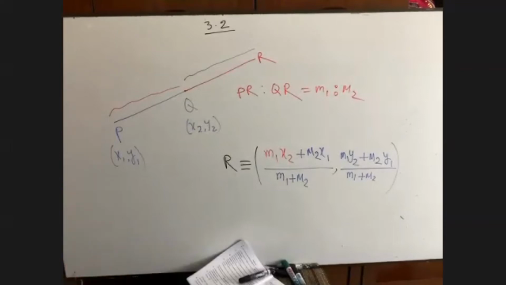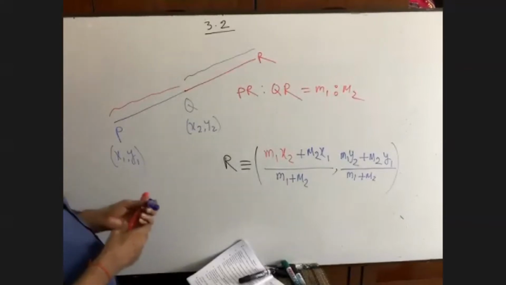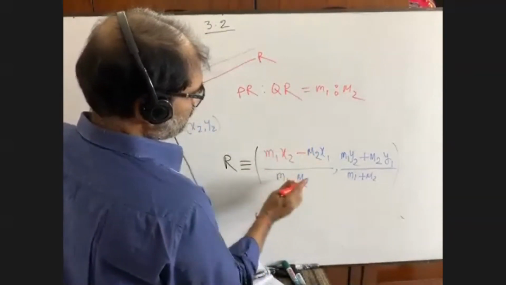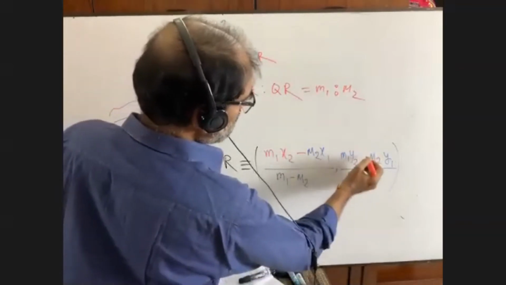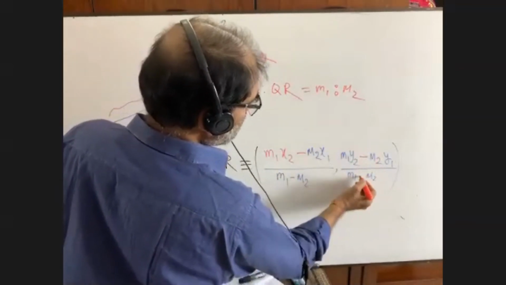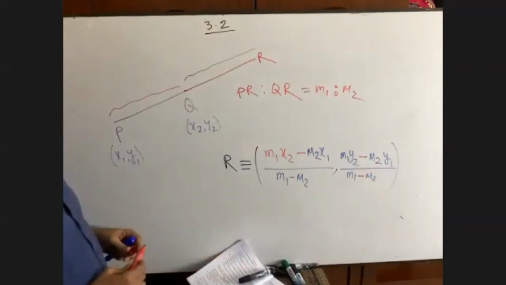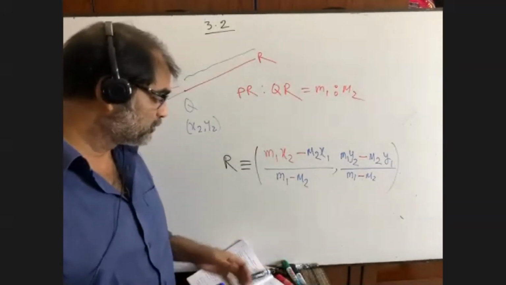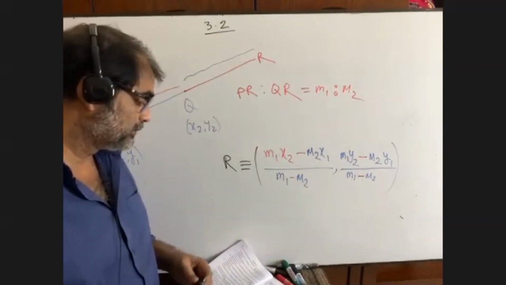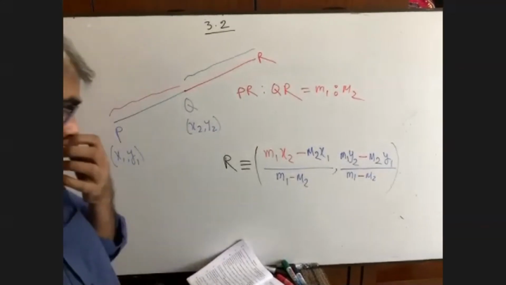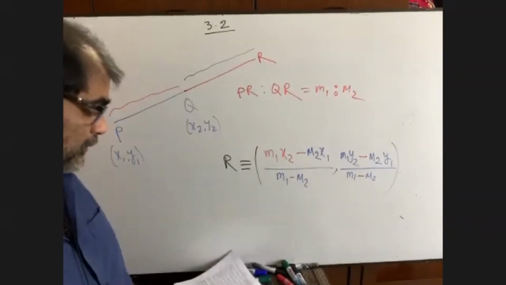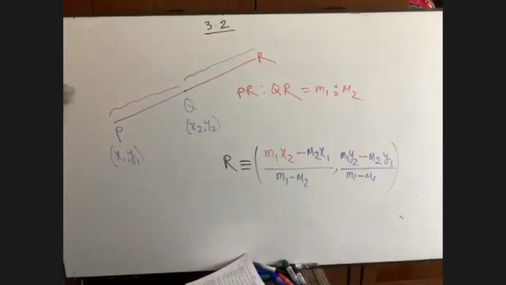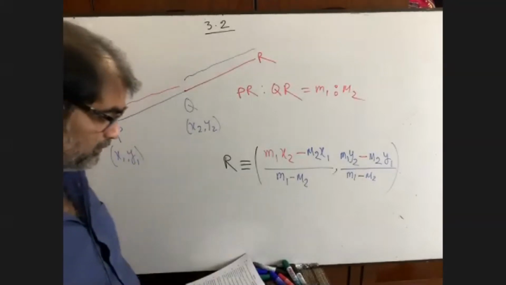For external division, the formula is, you see, here minus, here minus, here minus, here it is minus. So all of you are required to memorize these two formulas. If you want, I can show you the proof of how this formula was introduced. Do you like to get the proof? If you want to get the proof, I can show you. Very easy and simple proof.